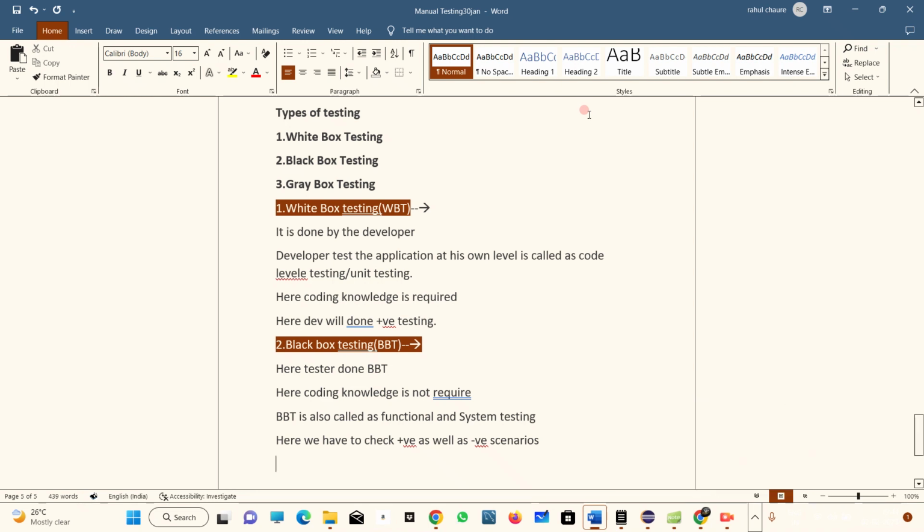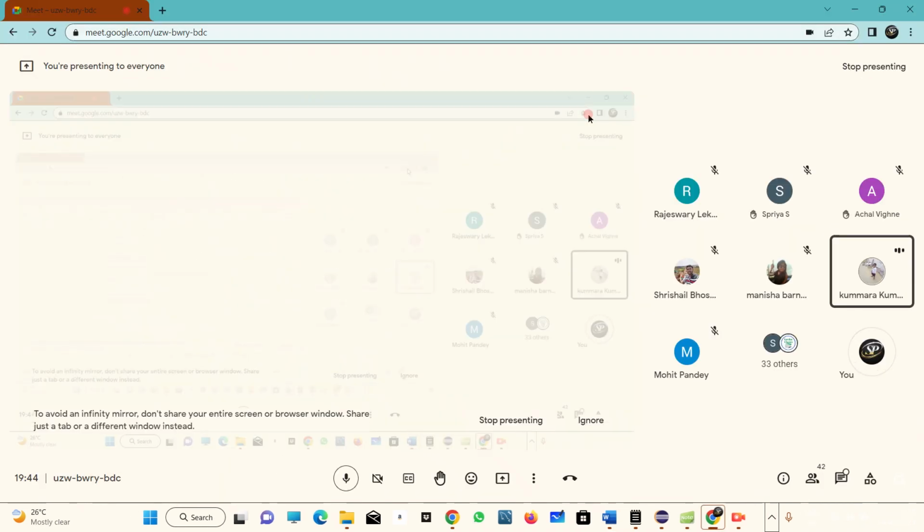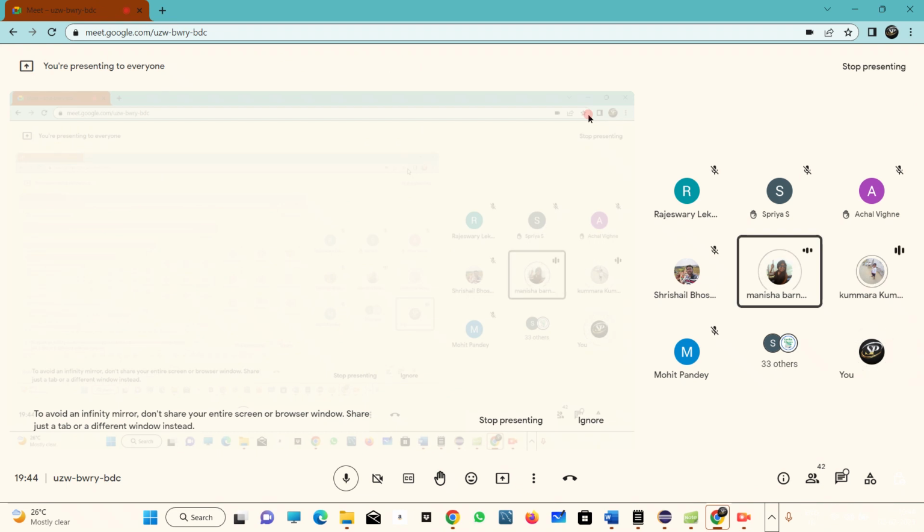Suppose we are checking the software, and as per the customer requirement, our application is not working properly. So in that case, what do we have to do? We have to log the defect, and that logged defect we have to assign to the developer, because suppose in the requirement there is